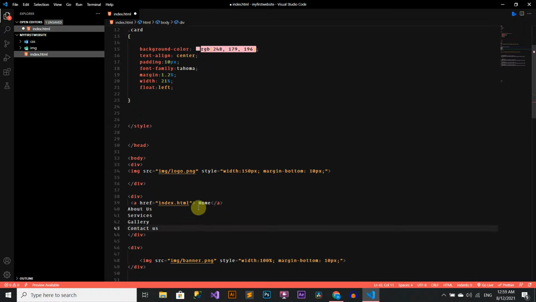Same way we will assign anchor to all menu links. Now let's check how it works.